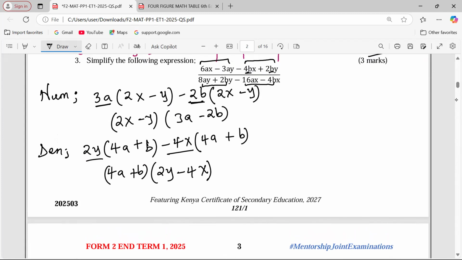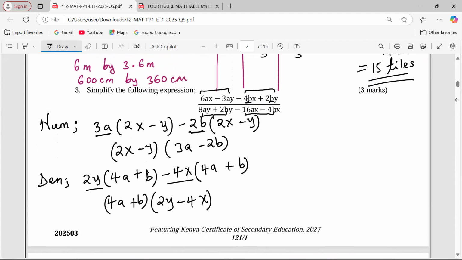So with this, we can continue seeing whether there is more that can be factorized. That is after combining. So let's combine the terms first, then we see whether we can do further factorization. So we are having 2x